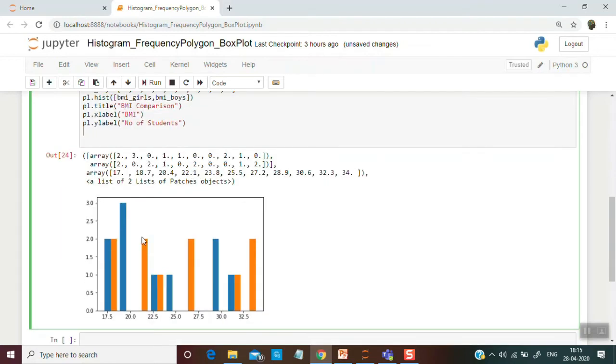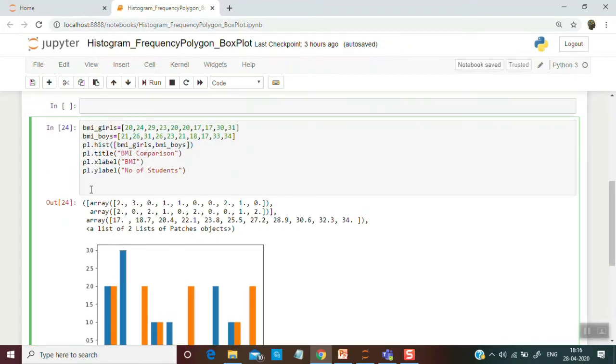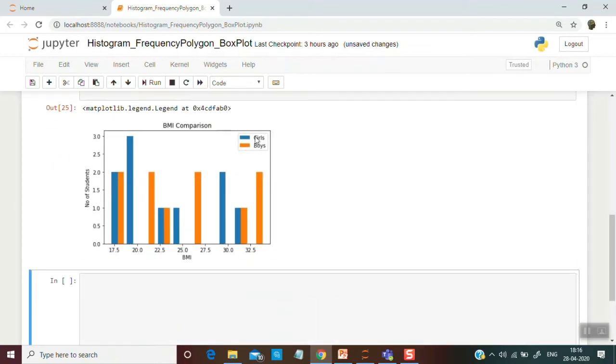And now if you want to give that this blue bar is for girls and this orange is for boys, for that you need to mention the legend, that is pl.legend, and in the same way in the list or arrays, you need to give girls, comma, boys. Okay, and then we will run this. So you will see girls and boys are written here, BMI on the x-axis, number of student on the y-axis, and BMI comparison on the title.